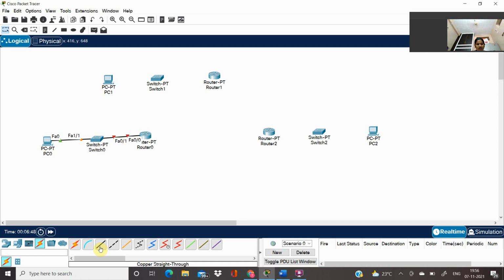Next again I'm going to connect from router 2 to switch 2. Next I'm taking copper straight-through again and connecting PC2 to switch 2 through FastEthernet.